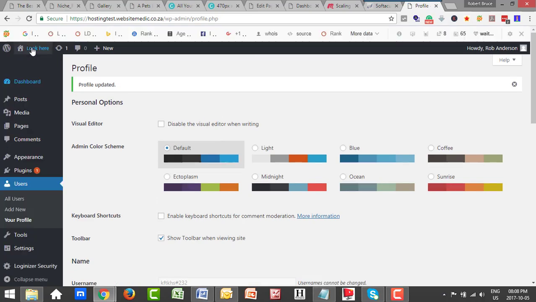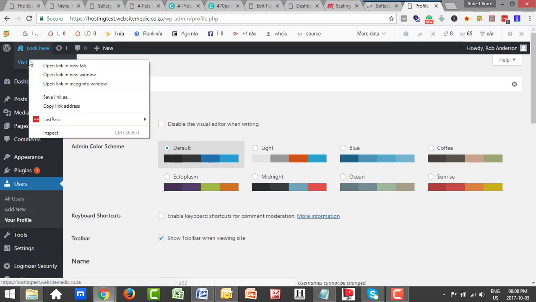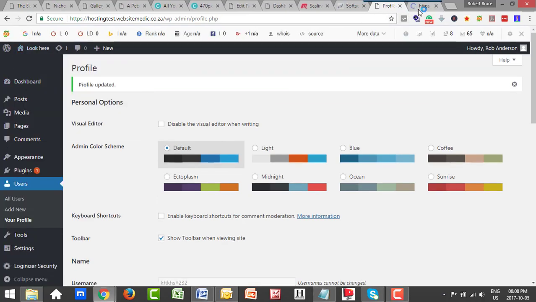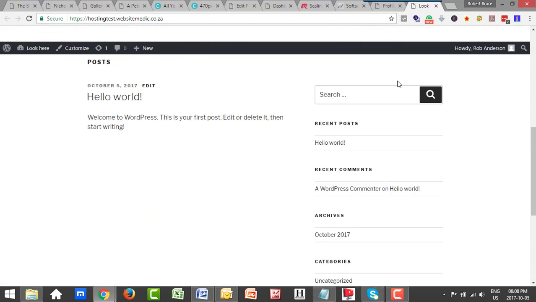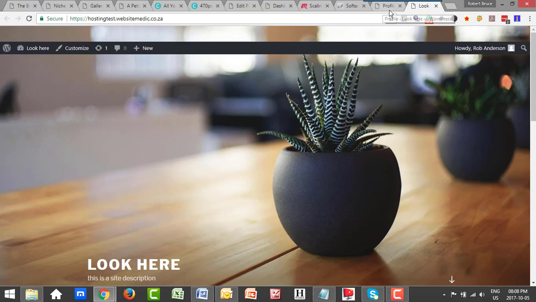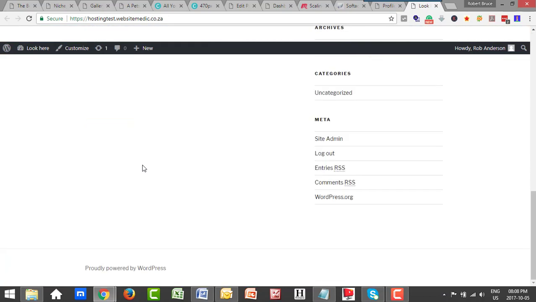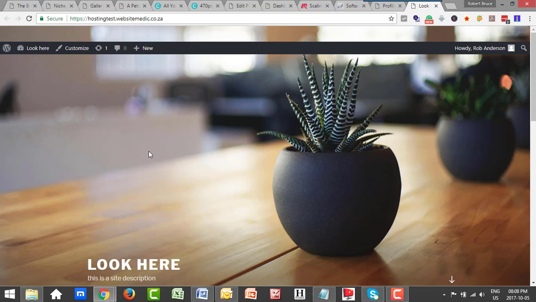If you look here, visit site, there it is. There's a new website loaded on https hostingtest.website.co.za, and it looks like that right now. And yeah, in the space of literally 5 minutes, almost 5 minutes, I can clone it over and install it. But now if this were done,